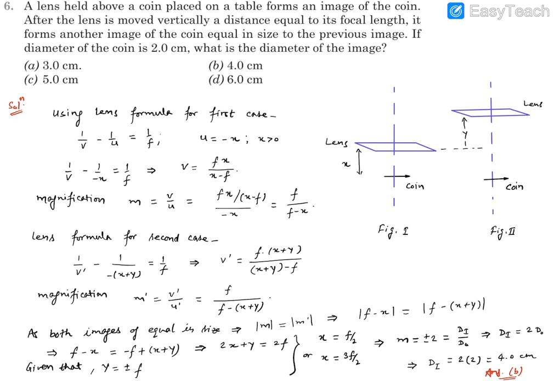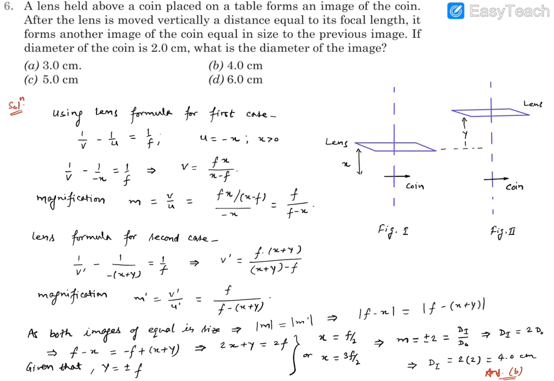Now magnification we can find from this expression or maybe from this expression. So magnification is going to be plus minus 2. I have written directly, you can check. Substitute x value f by 2, and it turned out to be 2. When you substitute x value 3f by 2, then it turned out to be minus 2. That means magnification's magnitude is going to be 2 for sure. So m is going to be plus minus 2, you can think of.